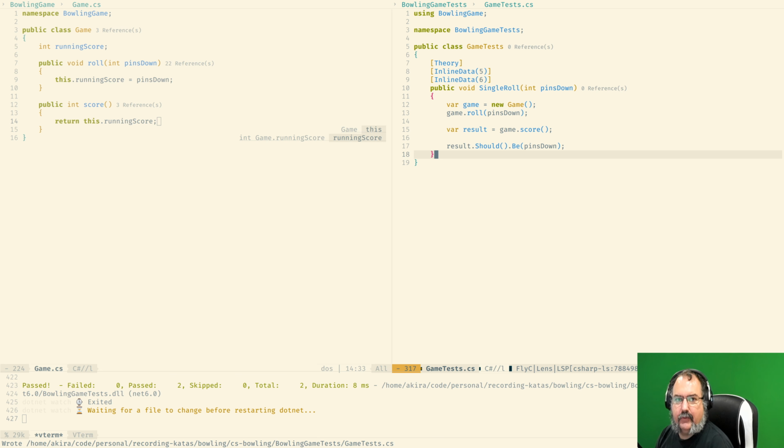You go and talk with your client about what they want to do, or maybe talk to the rest of the team, or other teams, because maybe the right place to check that the number of pins you are passing is between 0 and 10 is in the UI, and maybe not here.